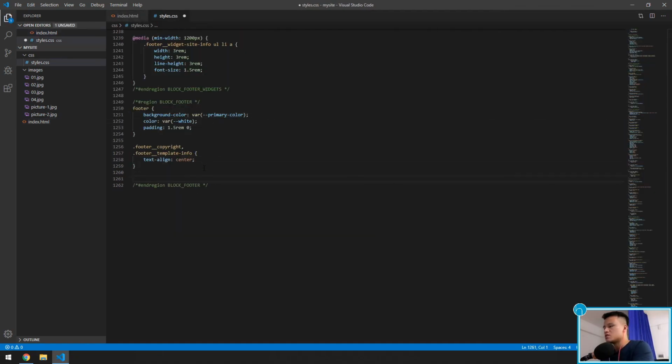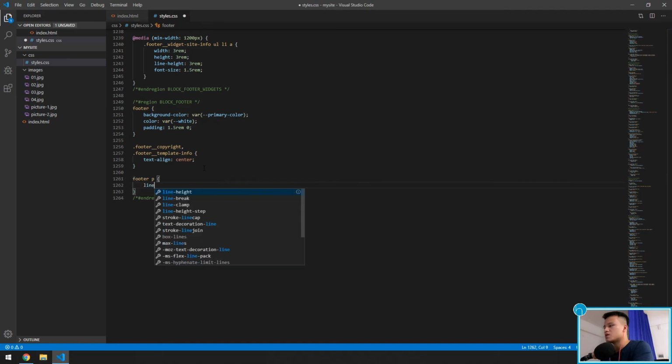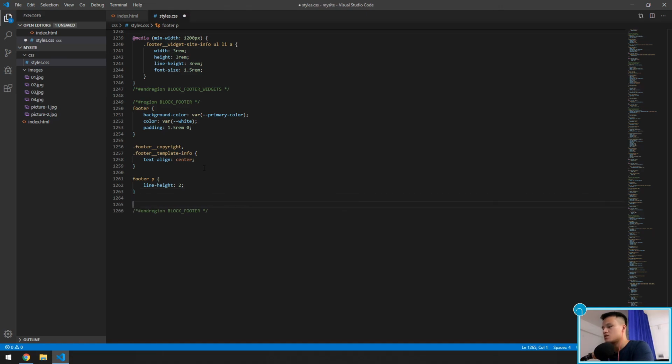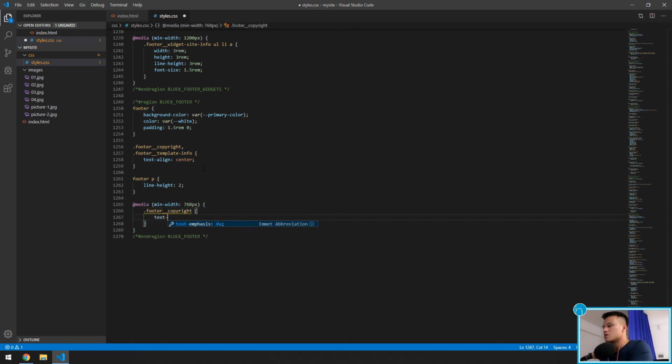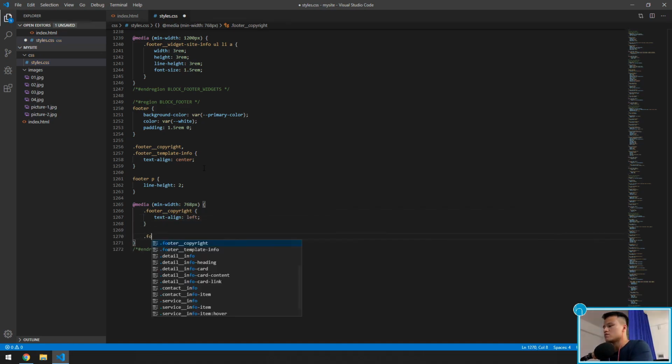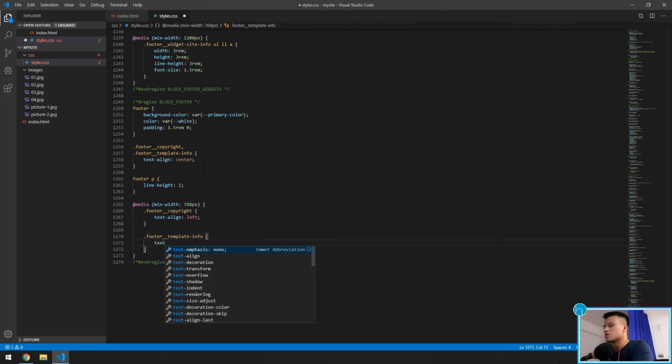The next one is the footer P. We set the line height equal to 2. Okay. And for the breakpoint 768 pixel, we set the footer copyright text align equal to left. And for the footer template info, we set the text align equal to right. Okay,